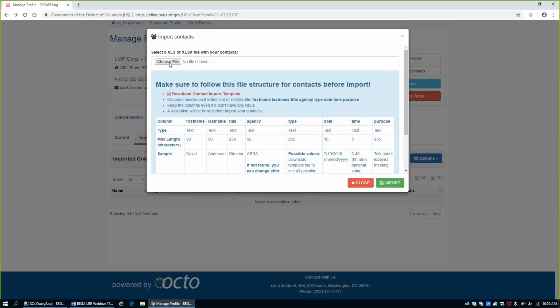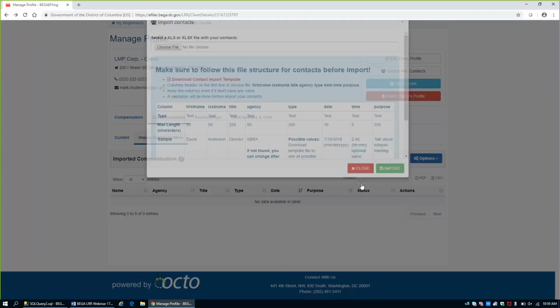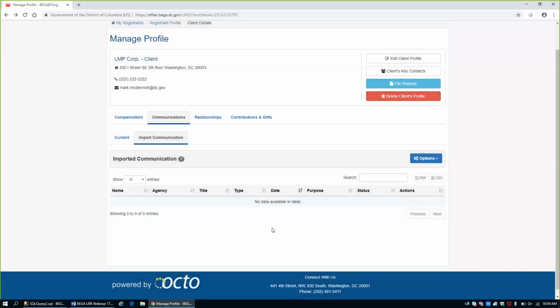You would choose the spreadsheet name from here. This gives you some details about exactly what we're looking for. As part of the process of importing it, we're going to try to match the names that you give us, the first name, last name, against the DC official list that we maintain, plus the meeting type, the email, the meeting, the phone call. We're trying to match it against our internal list, and so on. When you do import all of your communications, it's either going to match or it's not going to match. If it doesn't match, it's going to ask you to fix it,